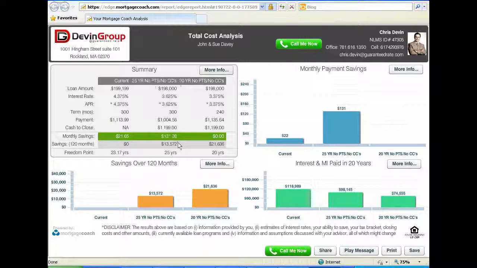It'll save some money. But why not just kind of pay a little bit more? If you look at the total payments, it's $1113.99. This one will increase it slightly to $1135, but instead of paying it off in 23.17 years, we'll pay it off in 20 years. So we wanted to show them that there's no points, no closing costs, and the cash to close. If we click on this here,